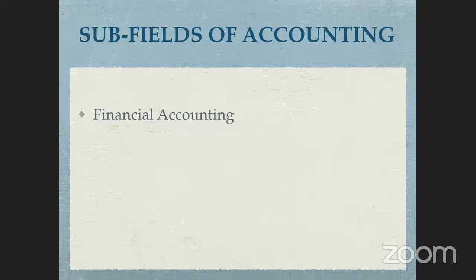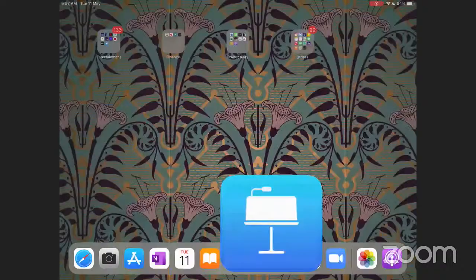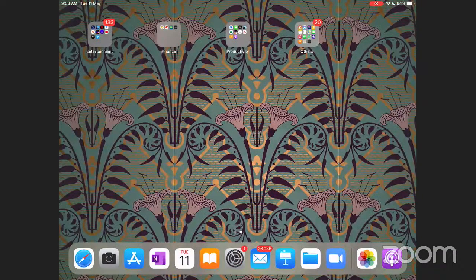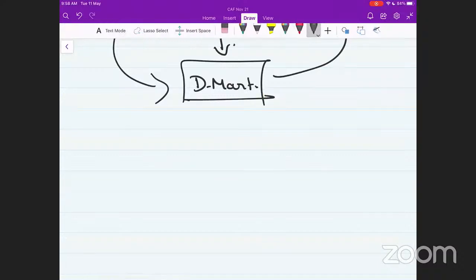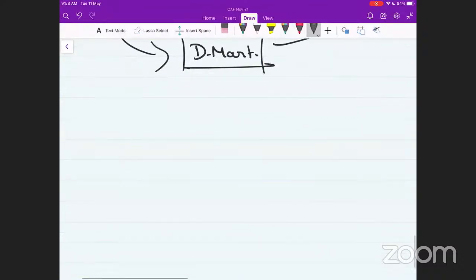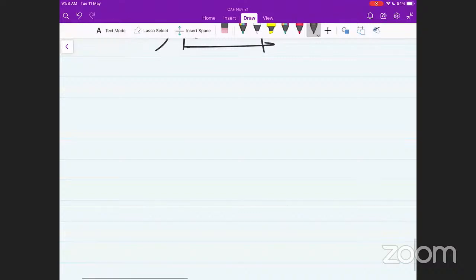Then we have something called cost accounting. Have you heard of cost accounting? There's a separate course known as the cost accounting course. We call it CMA or CWA, cost and management accountants. So this is a course, or this is a subject. What we do over there is focus on the cost of these different products. Manufacturing, in the case of a manufacturer, when you manufacture any product, for example,